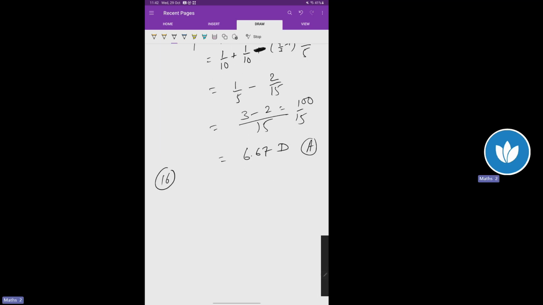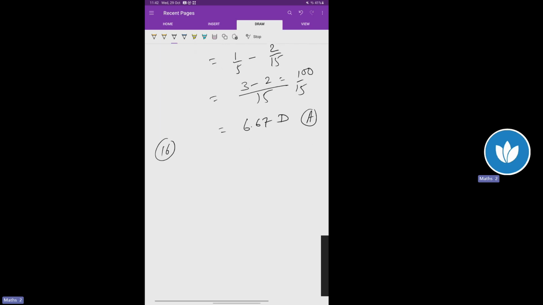Question number 16. A ray incident at an angle of incidence 60 degree enters a glass sphere of refractive index root 3. This ray is reflected and refracted at the farther surface of the sphere. What is the angle between the reflected and refracted ray at this surface? So we have a sphere of refractive index root 3